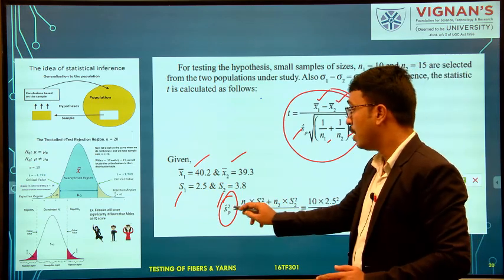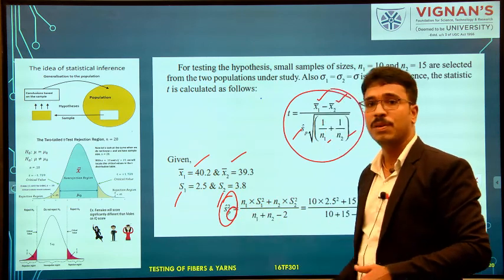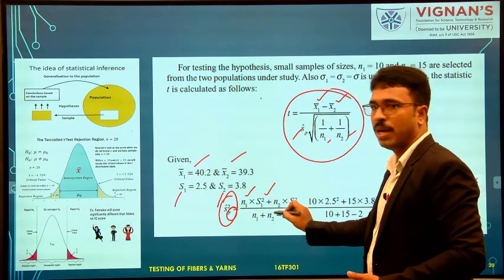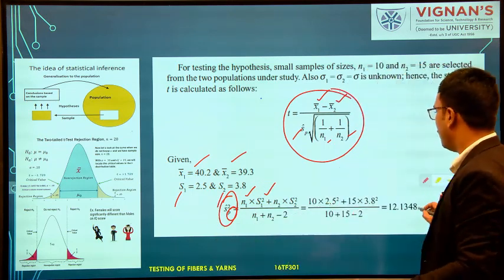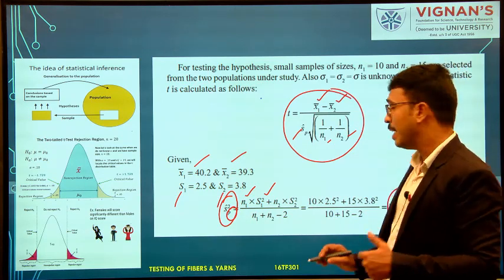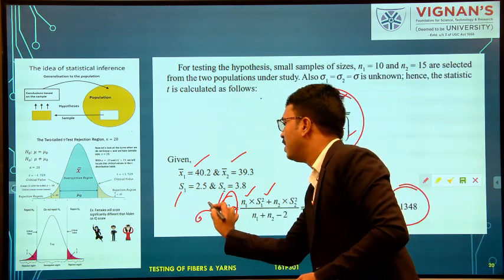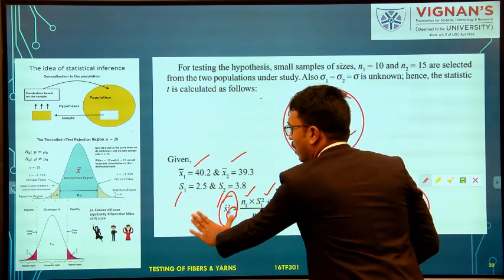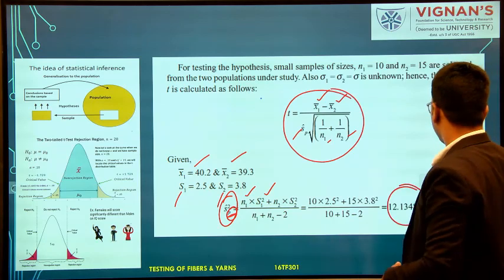Sorry, this S square is nothing but population variance. This P stands for population. Now see, n1 we know, S1 square, which is nothing but the variance of sample 1. So all these values we are substituting, and finally we are getting population variance as 12. Sometimes this population variance can be represented with sigma square also, there is no problem. But here you have to see this P is there, that means population variance.